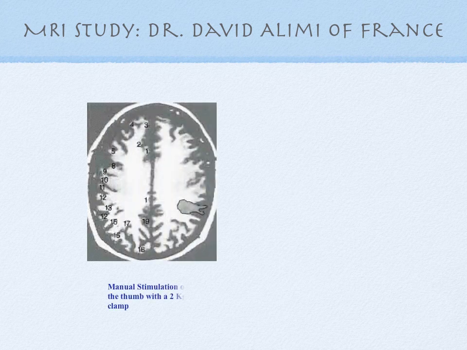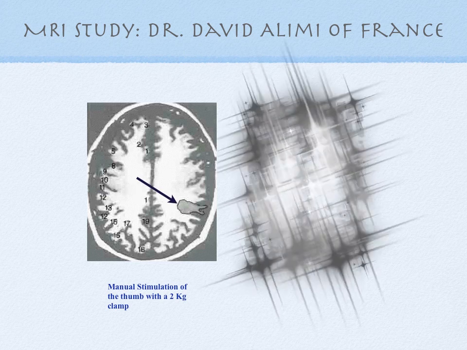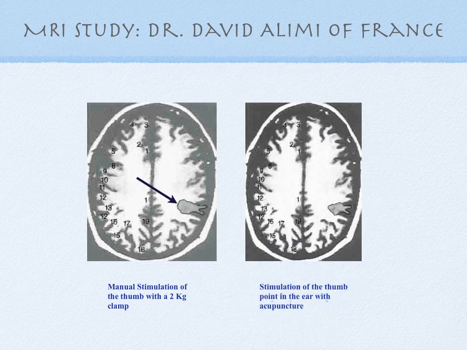In the first study, a clamp was placed on the thumb, and this area of the brain lit up in response to that stimulus. Then 3 gold acupuncture needles were placed in the ear, and noticed that the same area of the brain lit up in the MRI in response to that stimulation, showing the correspondence between the ear point